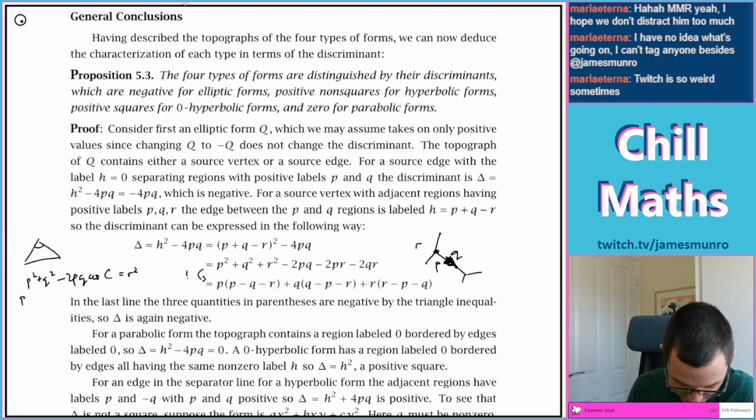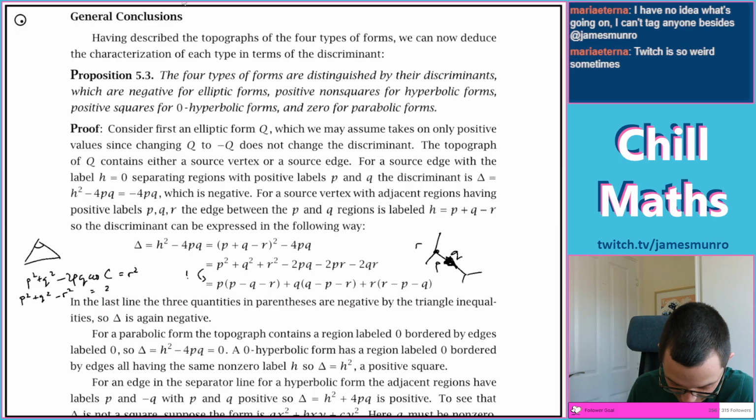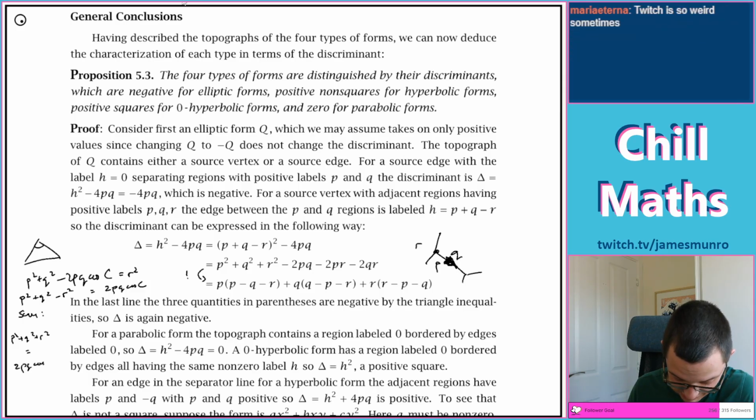Expressions like this, which is then nice because it gives you things like p squared plus q squared minus r squared is equal to 2pq cos c, and symmetrically, and then I guess you could add those. And you would get p squared, a p squared, and a minus p squared. So if you sum them, p squared plus q squared plus r squared is equal to, in a triangle, 2pq cos c